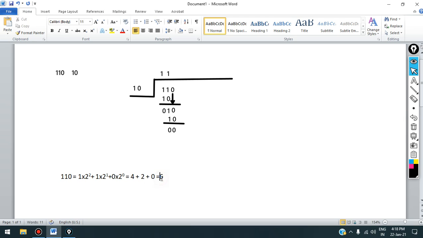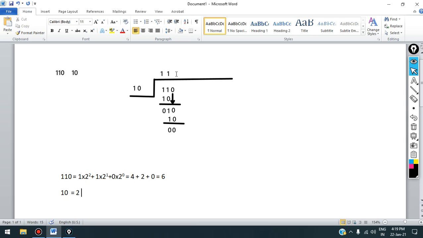And we know that this number 10 is what? If you remember, in the beginning while discussing the chapter, 2 is written as what? This is binary 2. In decimal we write 2 in this manner. This is the decimal number 2, but in binary 2 is written as 10. So this means here we are dividing 6 by 2, as 110 is 6 and 10 is 2, and if we divide 6 by 2, definitely the remainder is 0 and the quotient will be 3.